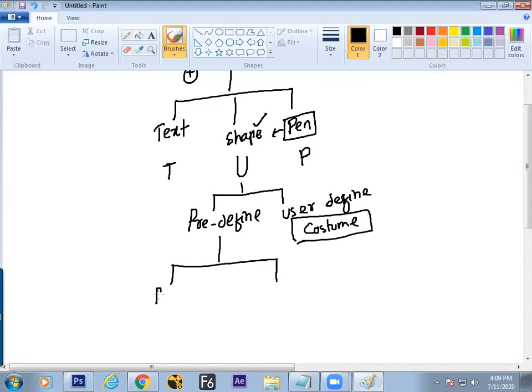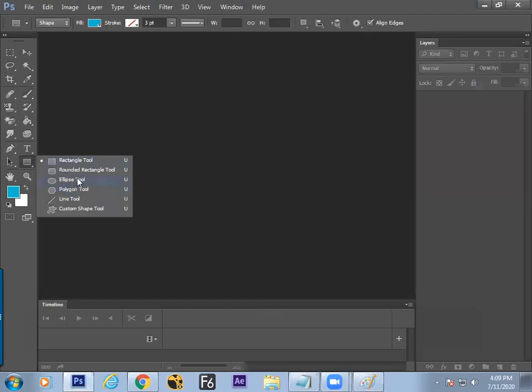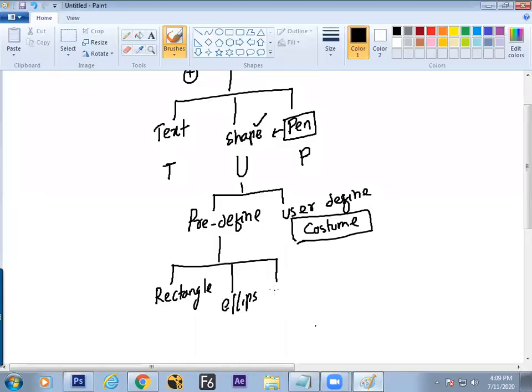So rectangle, ellipse, and we find some more: rounded rectangle, polygon, and line. So rounded rectangle, or you can go for polygon, and the single one is line.